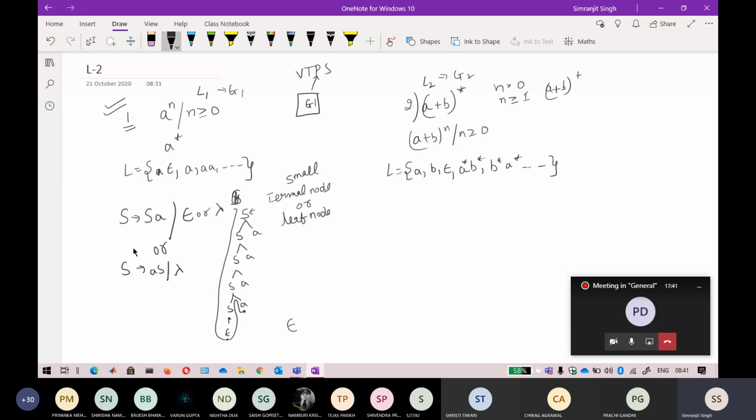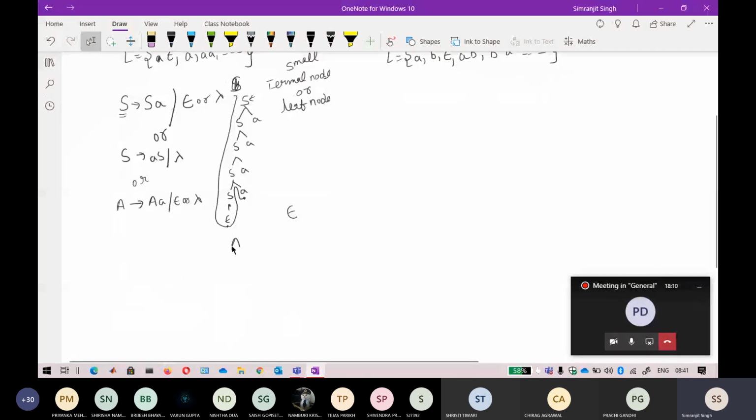Okay. So now this can be denoted as this, and keep in mind that there is no compulsion regarding the variables here. If you are using S, it can also be A here, B here, C here, D here, anything. So if you denote a, it will be a small a. It is just promising you an endless tree whenever you want to generate any number of a's. If you do not want to generate a, you can directly go from A to epsilon. So A is also tending towards epsilon. This slash means or. Keep that in mind. This slash means or.